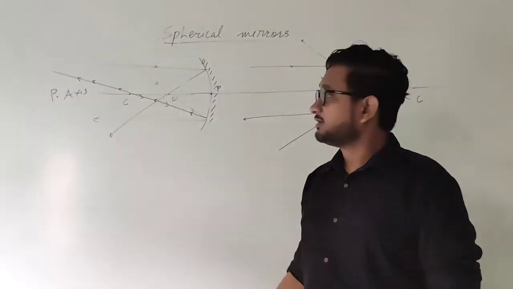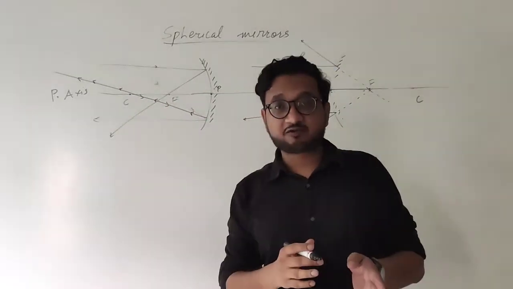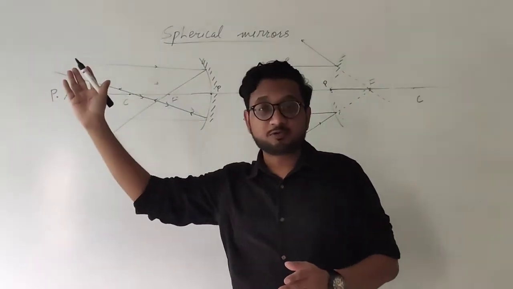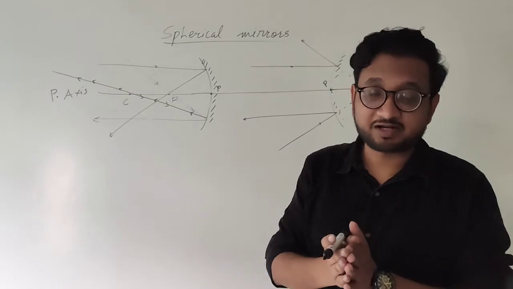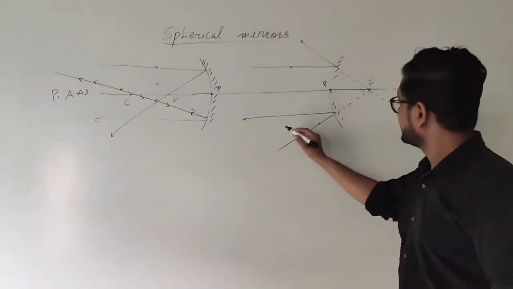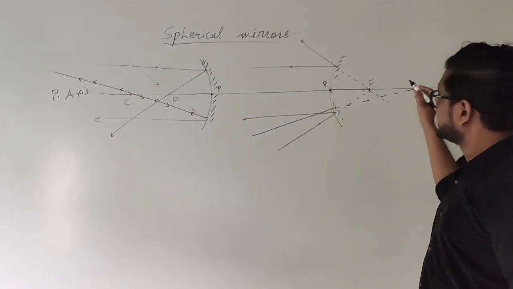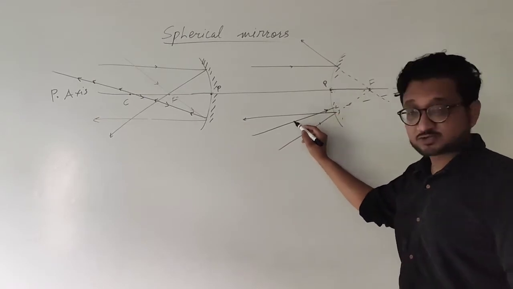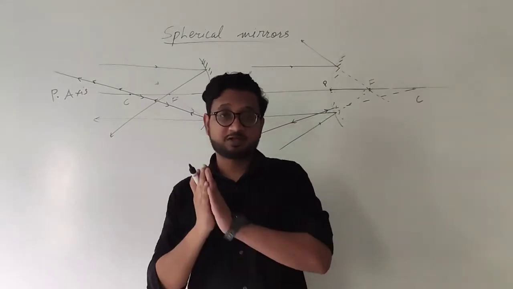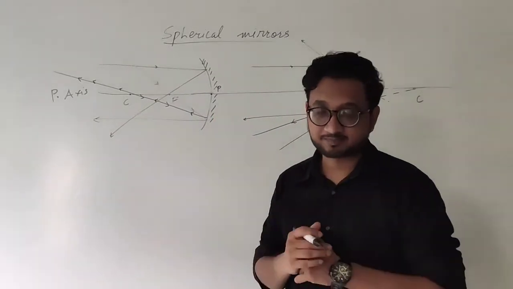Okay? When the ray of light passes through the center of curvature, it does not reflect and does not create an angle of incidence, and it just moves back on the same path where it came from. Okay? Similar in this case as well. Let's imagine a ray of light, let's say coming this way, and it is passing through center of curvature, then going this way and coming back on the same path. It will not change its path. It will just touch the mirror and fall back on the same path. I hope it is clear.